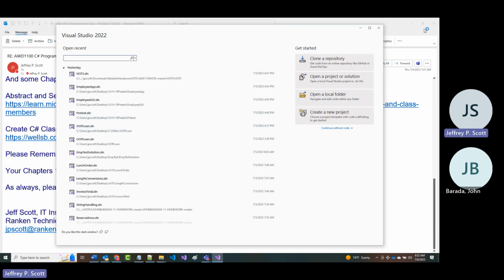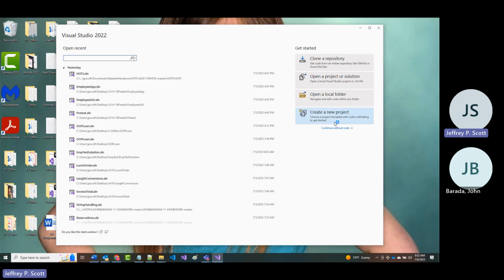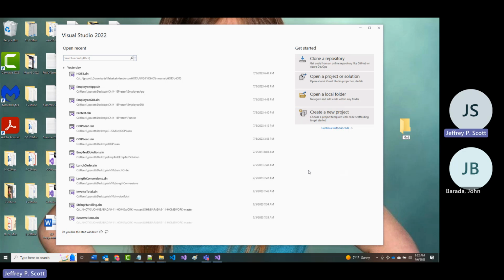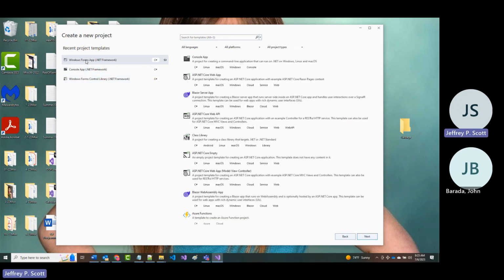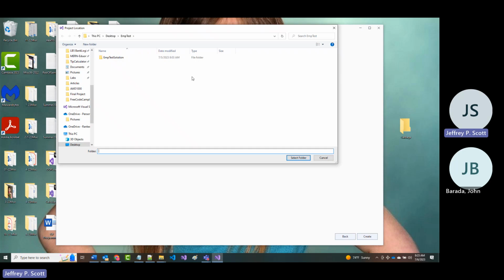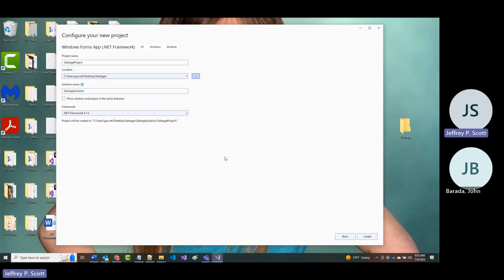and as we always do, let's just come up and create a folder in here. And I will call the folder garbage because I don't want to keep it. So I'm just going to call it garbage. And I'm going to come in and I'm going to create a new project. All right. It'll be a Windows Form project. And I'm just going to call it garbage project. It'll be put in a folder called garbage solution. And the location will be in that folder that I just created. That's called garbage. Okay, nothing big here, nothing new at all, but I want you to see something.